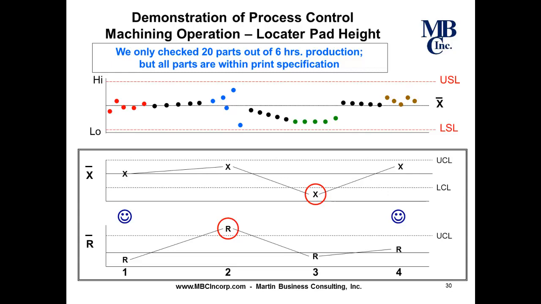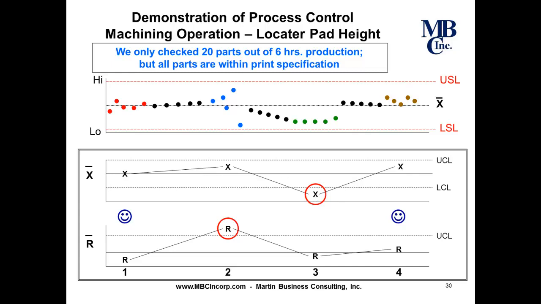As you can see, the second subgroup, though the variation was excessive within the subgroup, caused an out-of-control condition for subgroup number 2 on the range portion. We were able to react and correct the process before we had parts that were out of specification. Starting up after the second subgroup, the process slowly began to drift to the low side of the tolerance because of the maladjusted locator